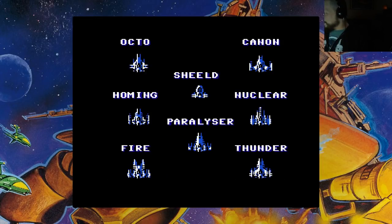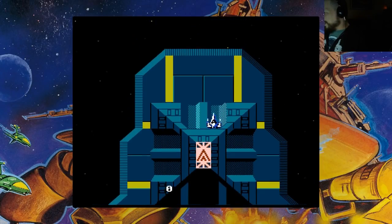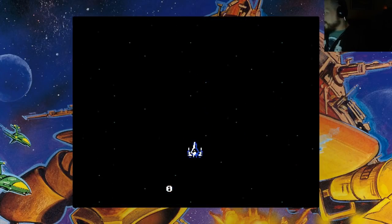See, now it makes a little more sense. The NES version sort of lays out for you what the upgrade system is. Yeah, but anybody who doesn't know or hasn't listened yet,